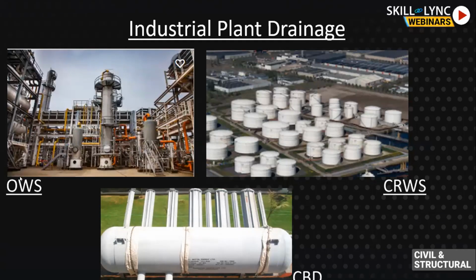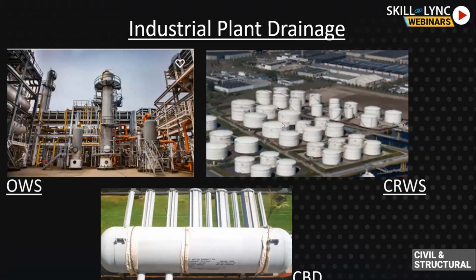This is how you should understand, and from whom to take what input is very important. You should not ask the piping engineer or chemical engineer what the rainfall is and what the discharge is in the stormwater drain. No, it is wrong. Stormwater drain and even the sanitary drain, sewage discharges, the civil engineer finds himself. He is supposed to use formulas and his expertise to find the discharge in those drains. But for oily water sewers, CRWS and process drains, he will get inputs from someone else.